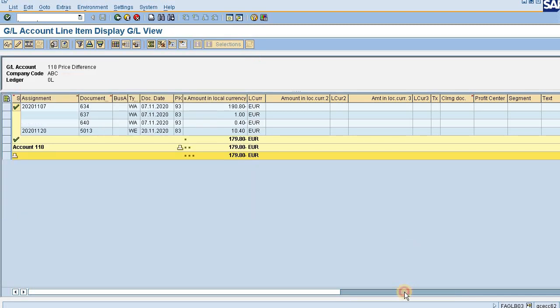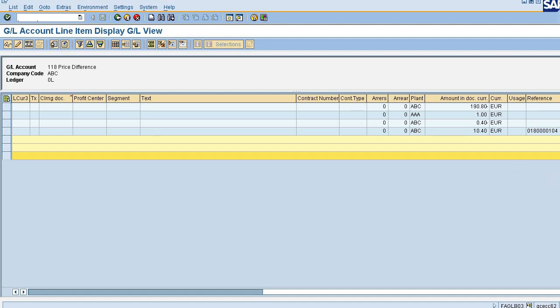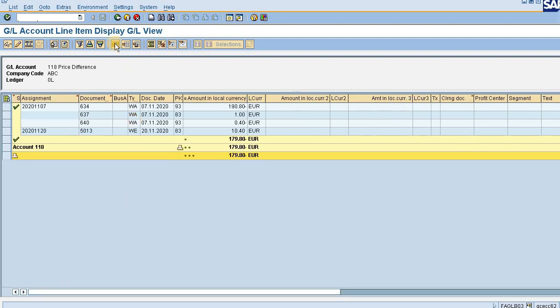Now I can scroll here and see these are all the fields which have been pulled out. Plant is shown here, amount in document currency is shown here, currency is shown here, reference is shown here, as I have pulled those from the layout. This is the change layout button. From here we can fetch our required fields.